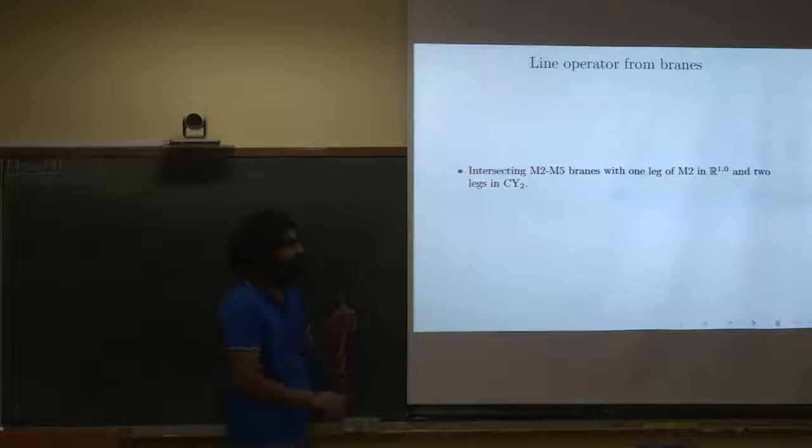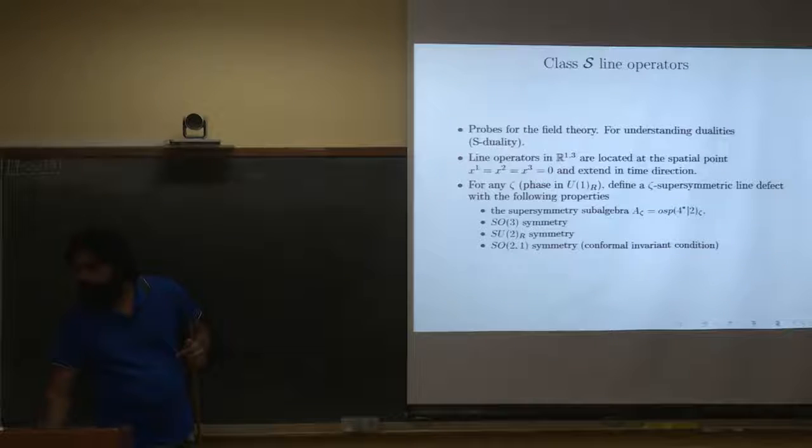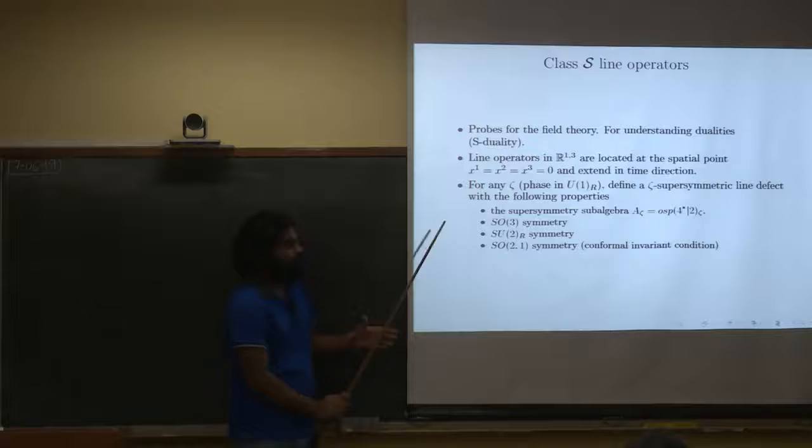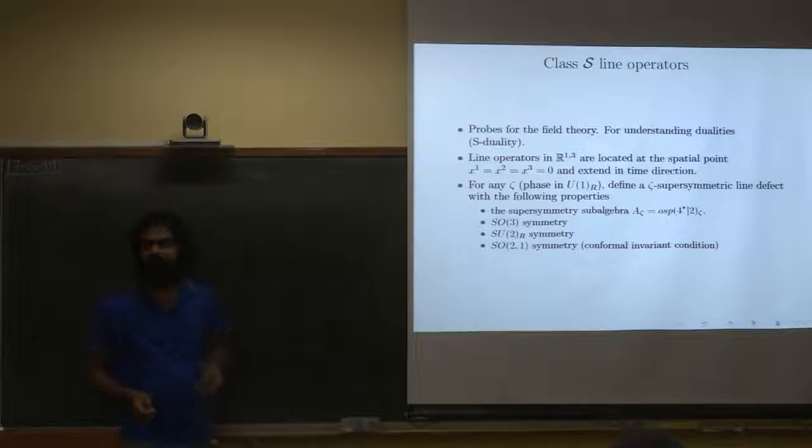So now we come to the phase zeta. The third leg of the M2 brane is in the fiber over this Riemann surface, at some angle which is fixed by zeta, with respect to the tangent to this curve on the Riemann surface. So it's that particular angle. Sorry, I didn't understand this last bit. Right, so understand that